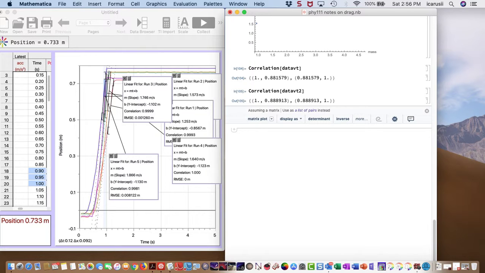So this is a percentage. The correlation between the velocity squared and the mass is much higher than the correlation between the velocity and the mass. So what we can conclude is that the velocity, the resistance, is proportional to the square